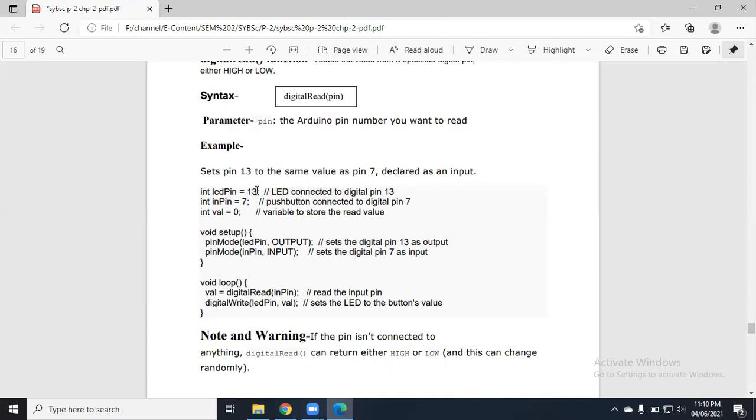Okay, is the concept clear to all? What we are going to do is connect a push button to pin number 7, and we are connecting an LED to pin number 13, right? And whenever we press the button, whatever data is present on pin 7, that same data will occur on pin number 13, right? Now see, the push button I have to define as an input and the LED I have to define as an output. So initially I have to define my pins. And how to define pins?